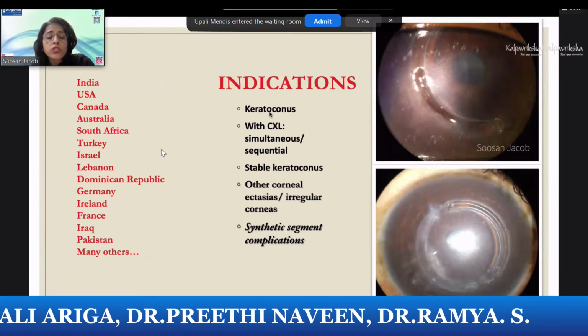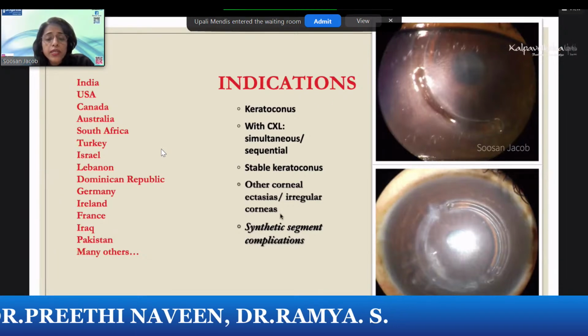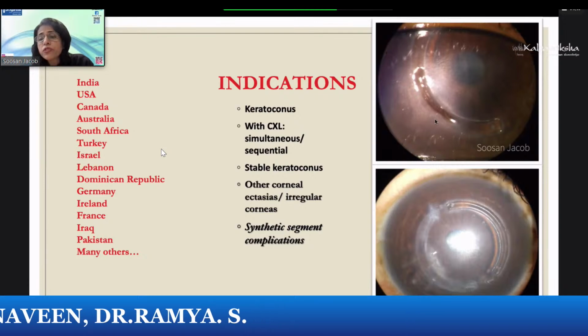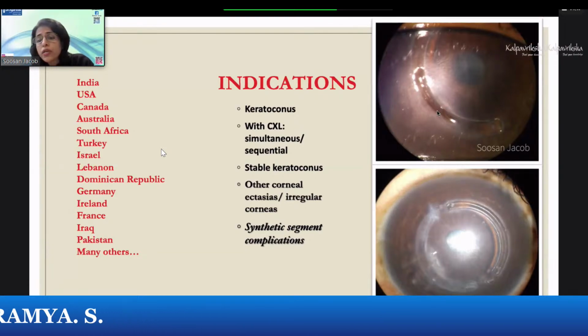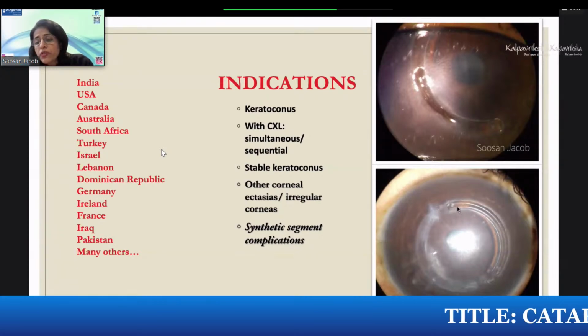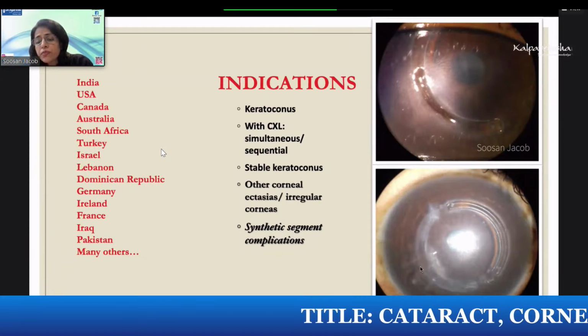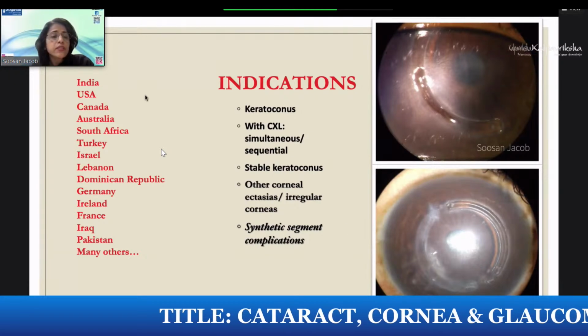So not just in keratoconus, but also in other corneal ectasias, you can use it. For example, this was a patient with corneal melt, for whom we removed the Intacs. This was Intacs related corneal melt, as you can see here. We replaced it with CARES, and we got a beautiful effect. You can still see the one single Intacs left in place, but the other side has CARES. And this is now being done.